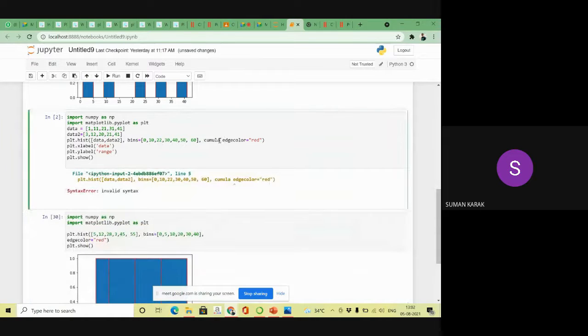Cumulative attribute, cumulative equal to true. By default the cumulative value is false.